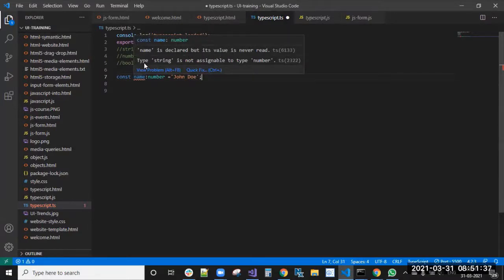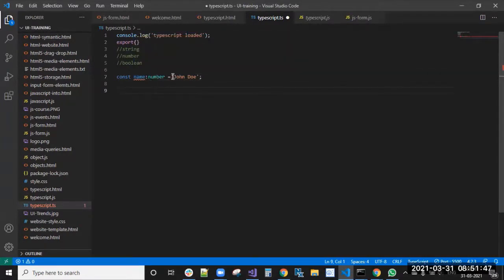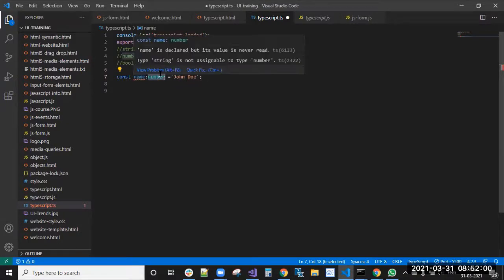And see here, type string is not assignable to type number. You have assigned a value as a string, and you declared the type as number. Because of that, you got this error.